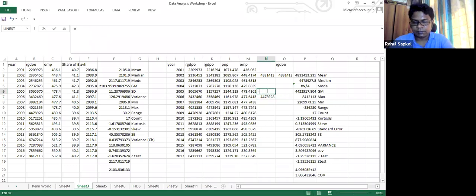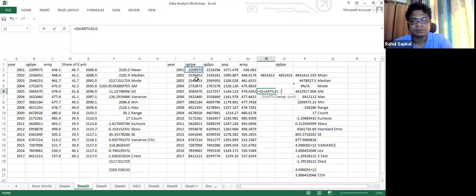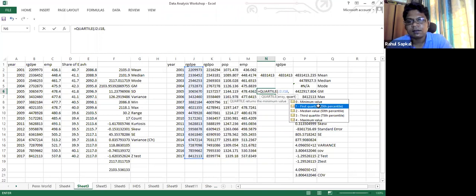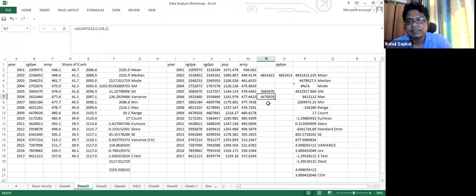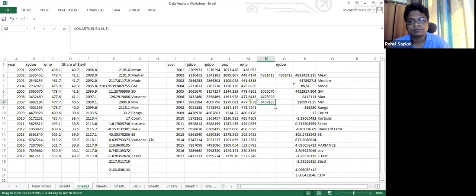So for instance, quartile, first quartile. This is second. Third. We put fourth.